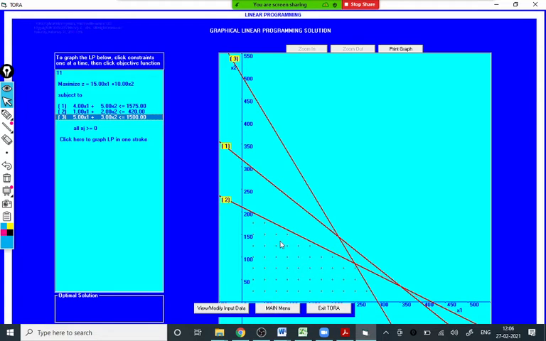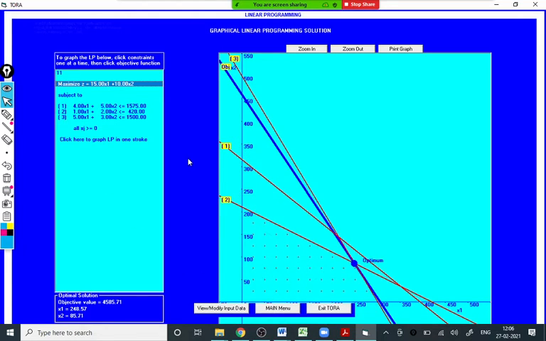Sir, we should take the mid one. This one? Yes, sir. Generally, yes, it is there, but not necessary. Suppose the slope of the objective function is greater than this straight line, then this line will go away, and this will touch here, and you will get the maximum here also. It depends on the slope of the objective. Let me show you a solution right now. Whatever you thought is correct, and right now the slope of the objective function is in between these two straight line constraints. So it is intersecting here, and you get a maximum at this point.